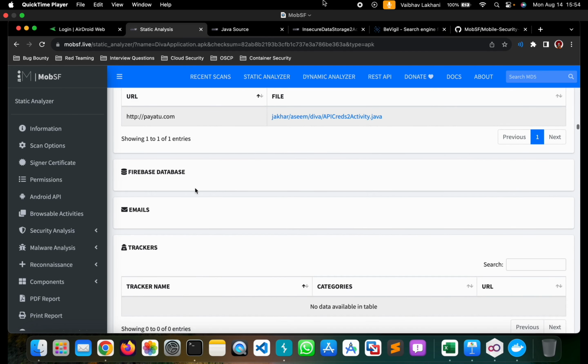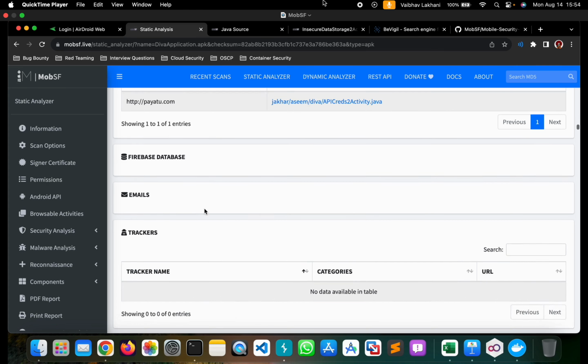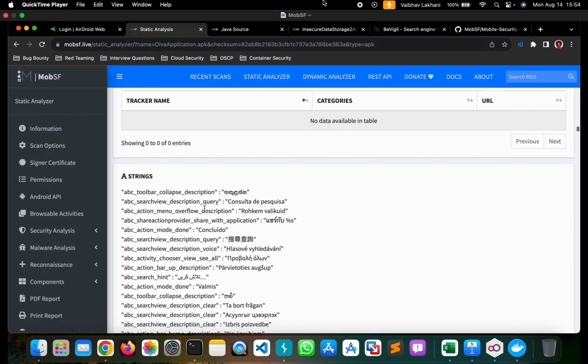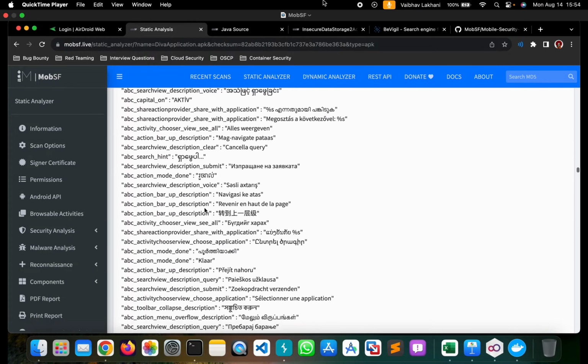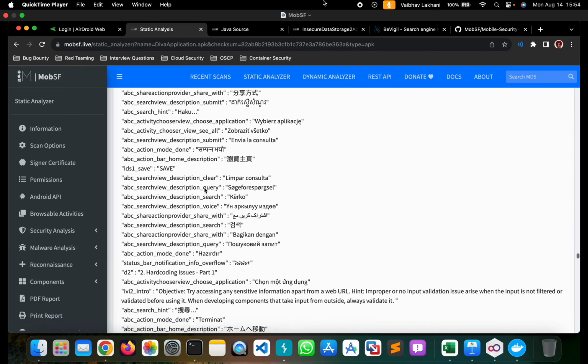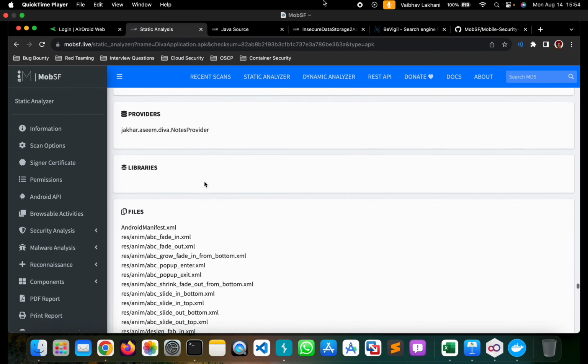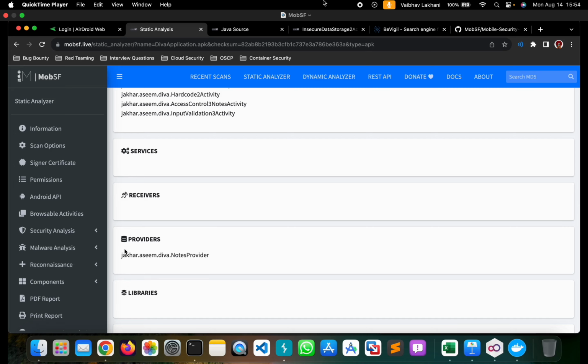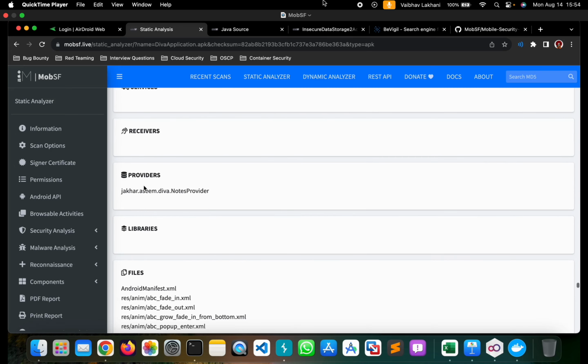If there are any Firebase related or Firebase database related vulnerabilities, they would be seen over here. These are all the strings that are present inside the application. You can go through them one by one manually, and there's a good chance that you would be able to find some. There's a provider, as you can see over here, that is